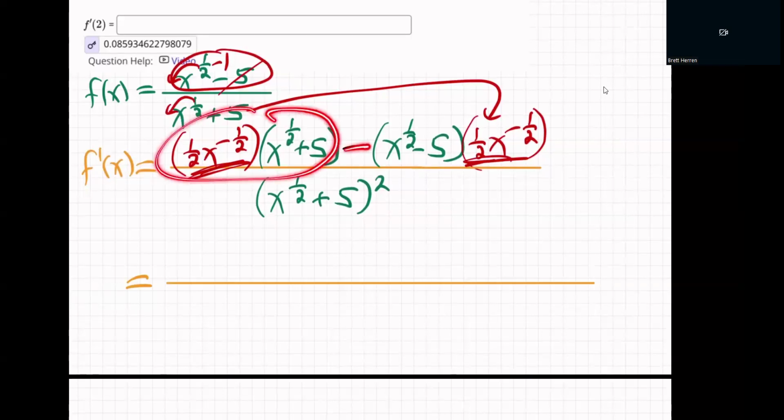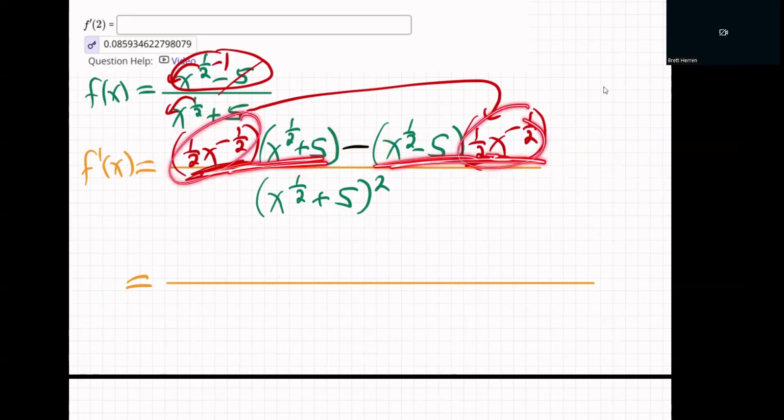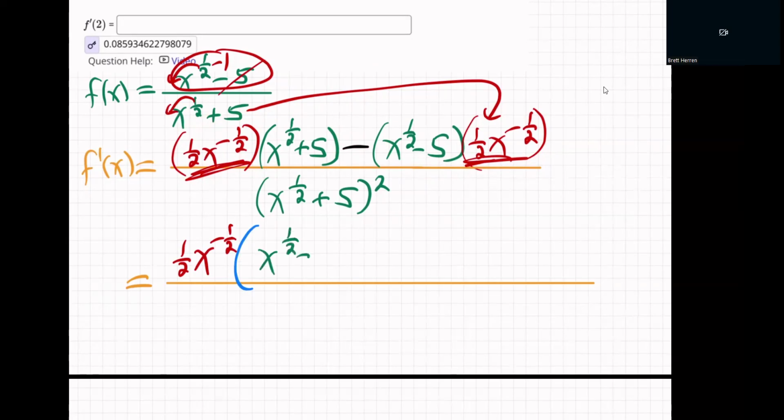This is one term, subtract a second term. Terms are things separated by adding and subtracting. So that's how you should be visualizing it. This is one term on the top and a second term, and they both have something in common. So you know what we're going to do? Factor it out. Okay, and then I'll put a big old parenthesis, and then that leaves x to the half plus 5